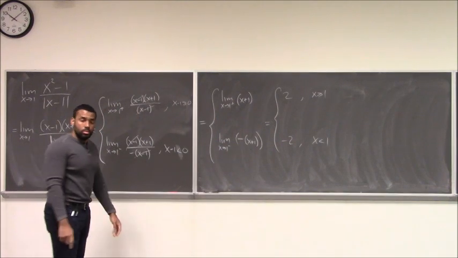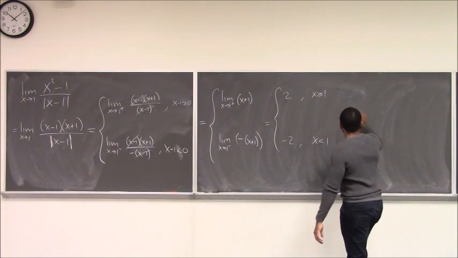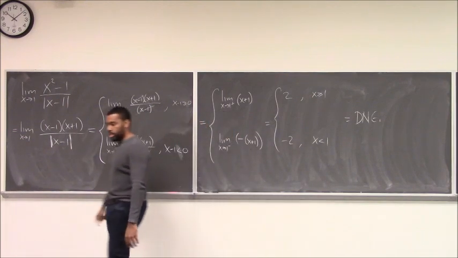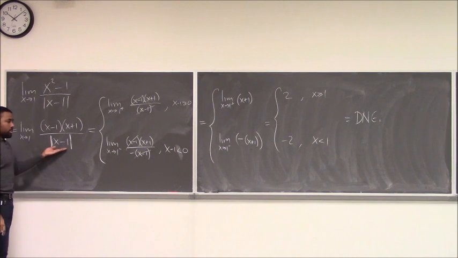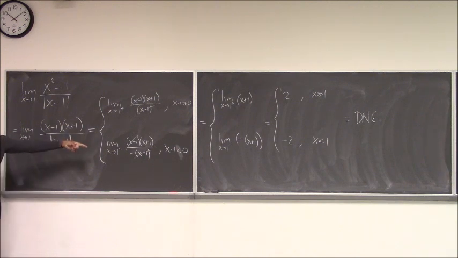Conclusion? Doesn't exist. Limit does not exist, because the left and right sides don't agree. So remember how to deal with the absolute value function. Knowing that definition is very important. You're always worried about when an absolute value hits 0, because on either side of that, it's going to change what the function is doing. Now, in the event that you're approaching something where you're not close to 0, you don't really have to worry about this. You just take whichever definition applies.